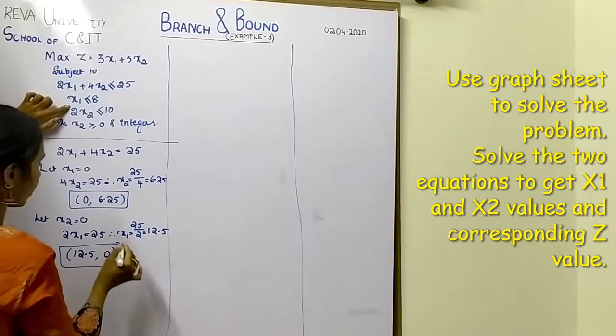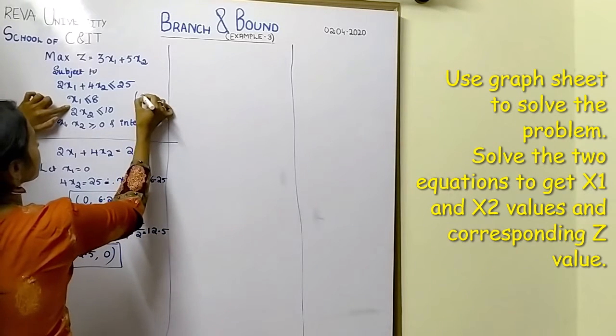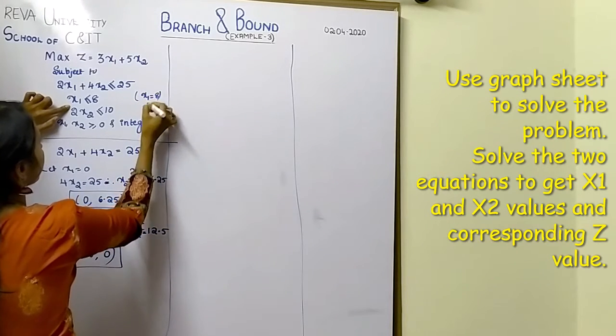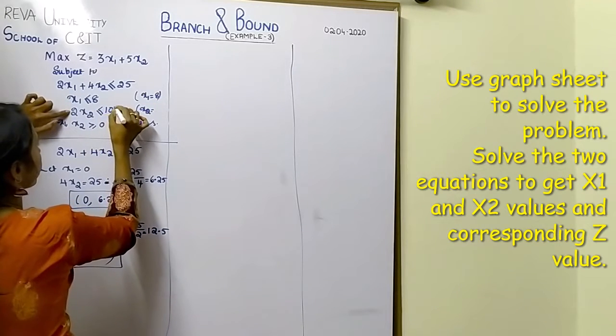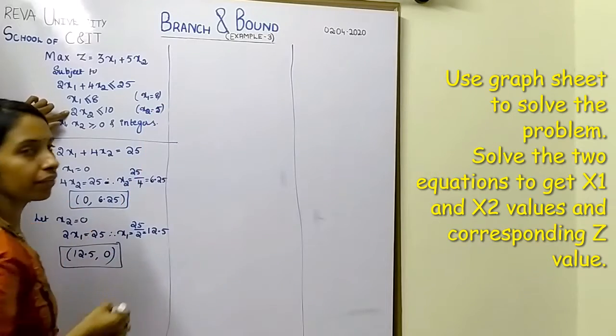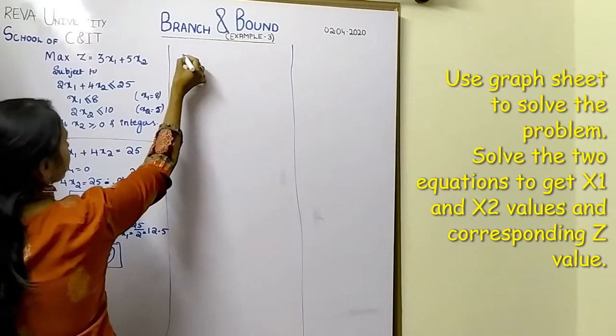This is nothing but x1 is equal to 8, and this becomes x2 is equal to 10 by 2, so you will get 5. Okay, let us draw this